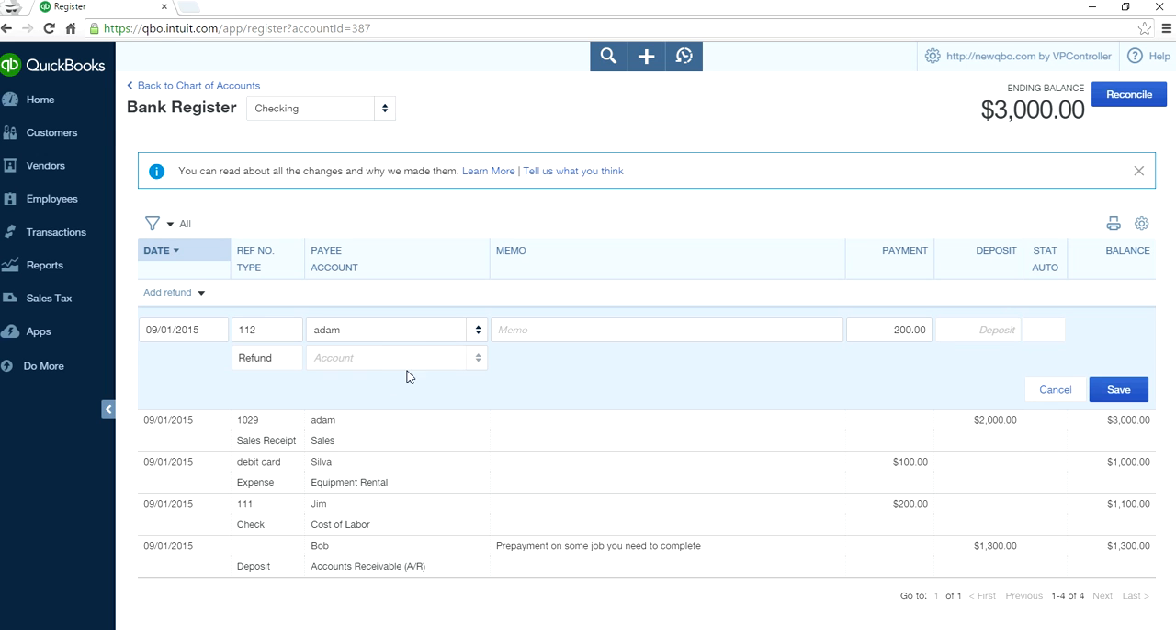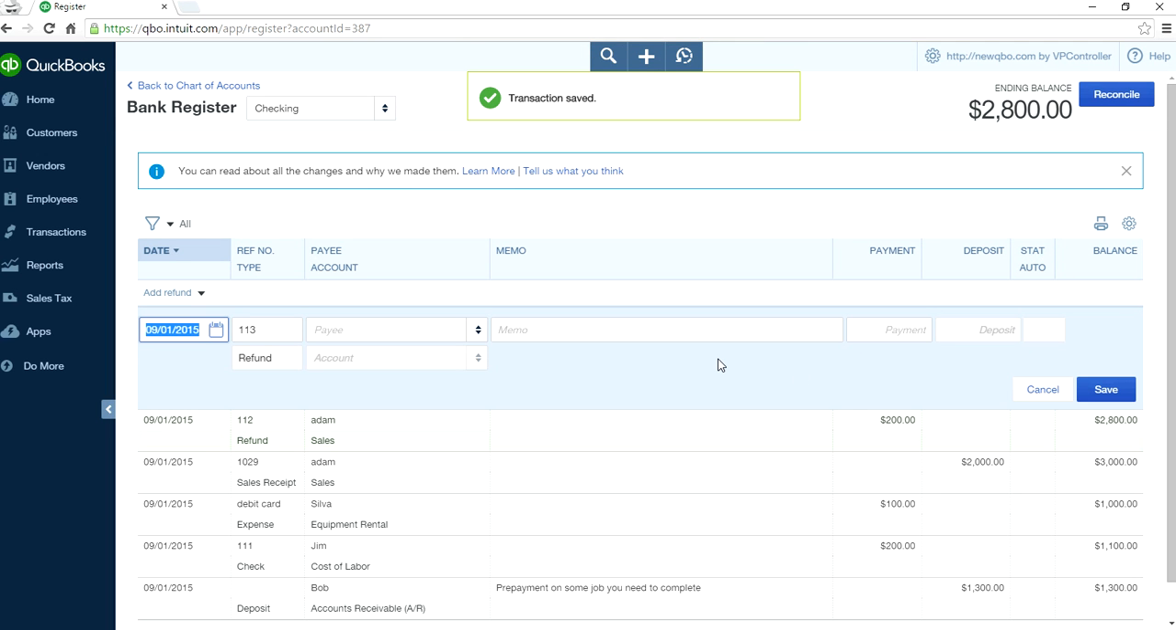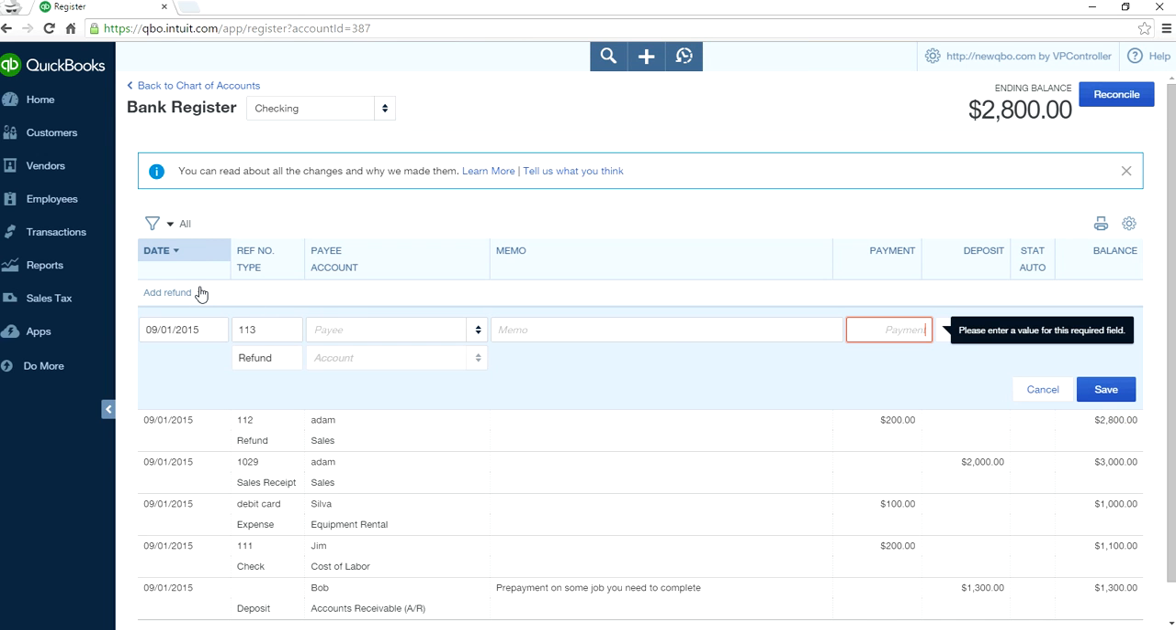You don't need to select an account. Your income will automatically go down. $2,000 is your first income, and it will go down by $200. So it's $1,800 now. Save it. Okay. So like this. Okay. So now the next one is